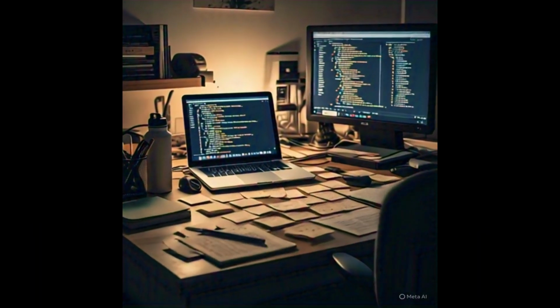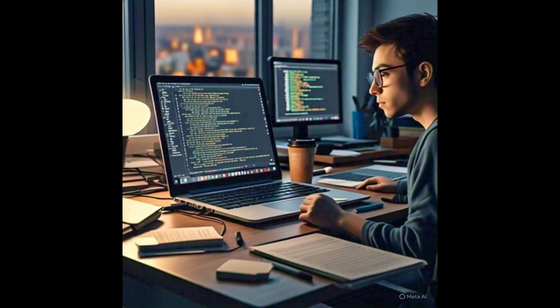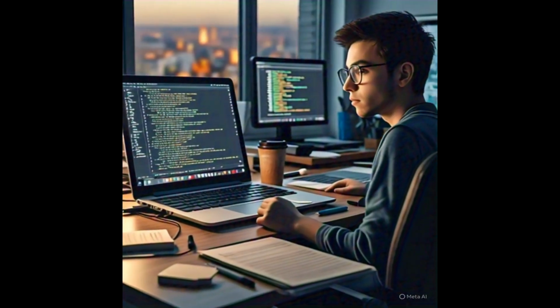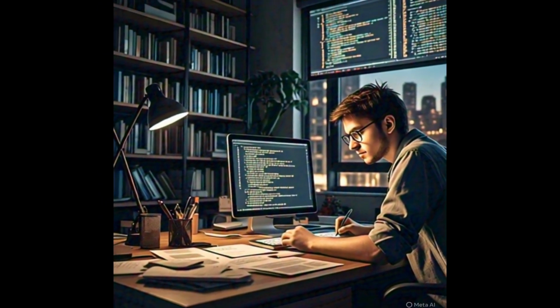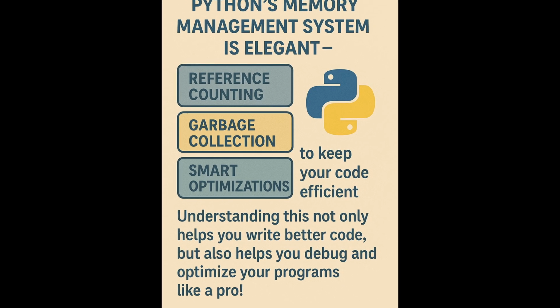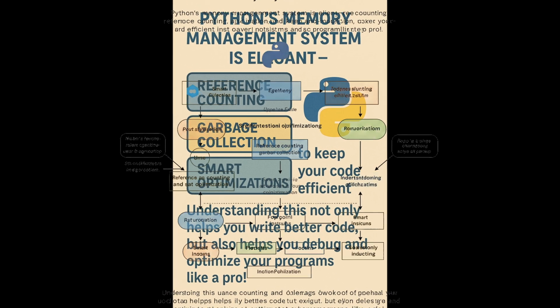Python's memory management system is elegant, using reference counting, garbage collection, and smart optimizations to keep your code efficient. Understanding this not only helps you write better code, but also helps you debug and optimize your programs like a